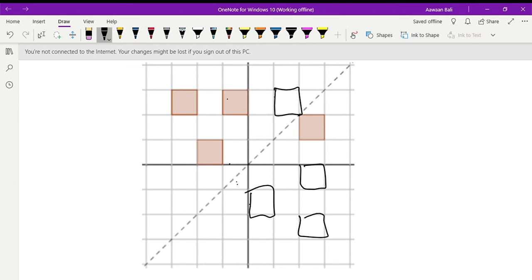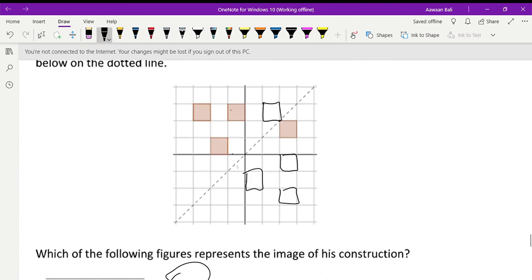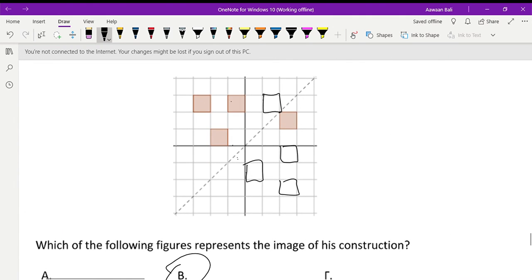But anyways, when you have a diagonal symmetry like this, you're basically turning the shape around by 90 degrees. Here there is no change, because when you rotate a square by 90, 180, 270, or 360 degrees,